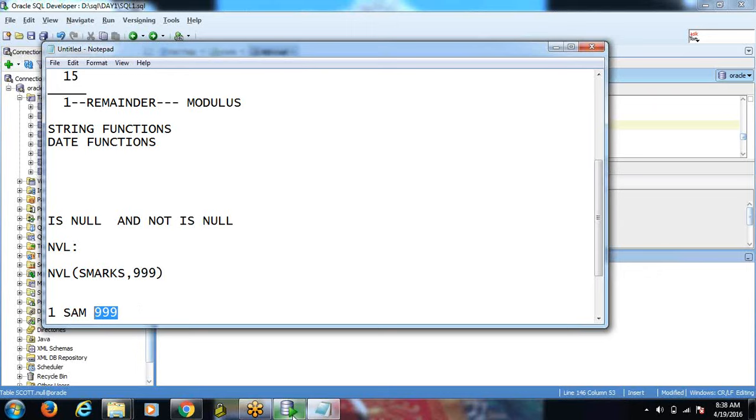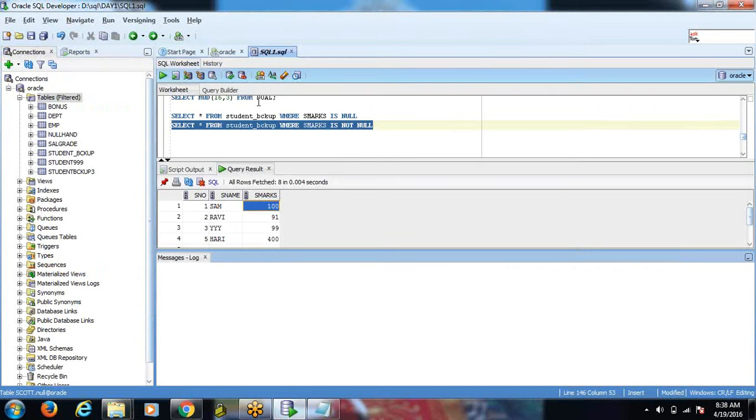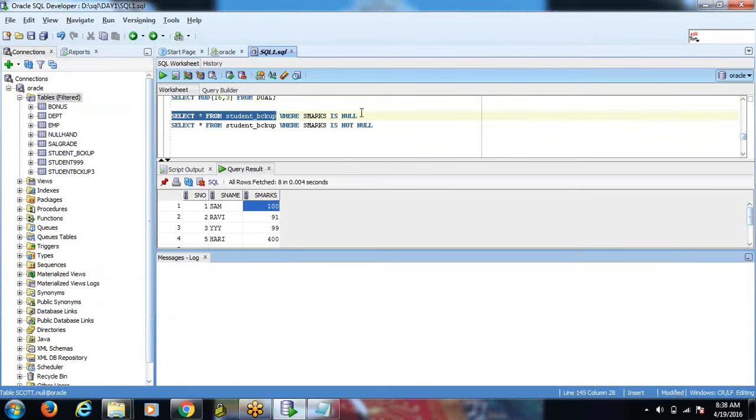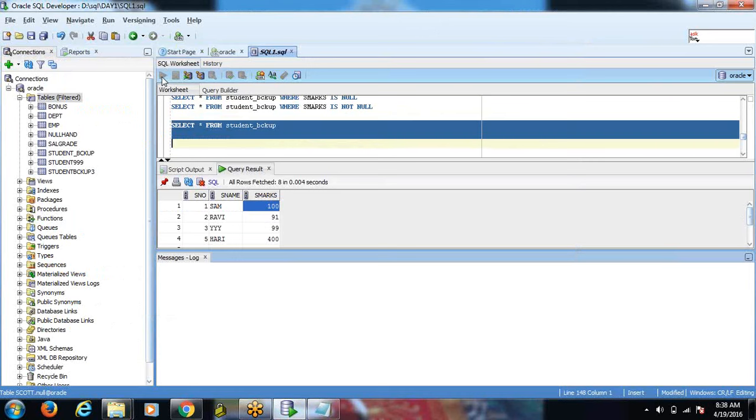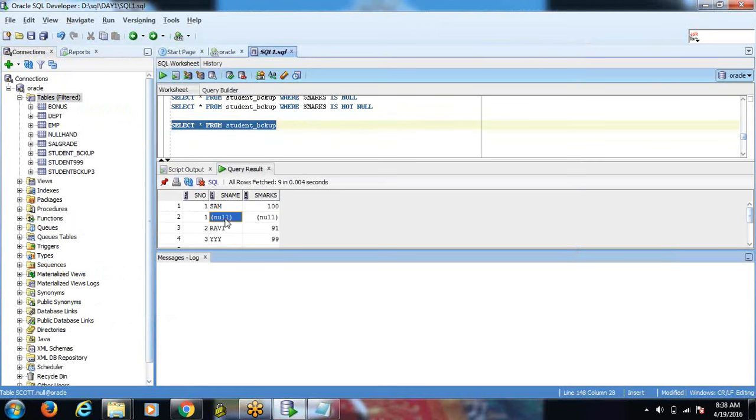Let us see whether it is retrieving the same or not. When I am selecting this particular field, there are some null values. I want to retrieve this marks value, whenever the null values are there, please show that null value as 999. How can I do that?